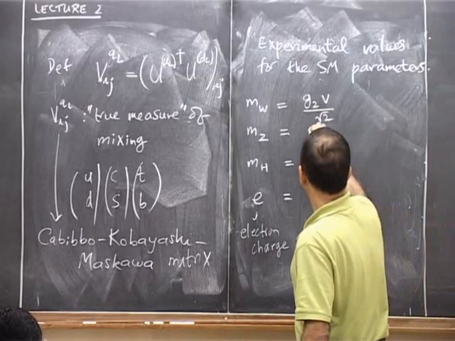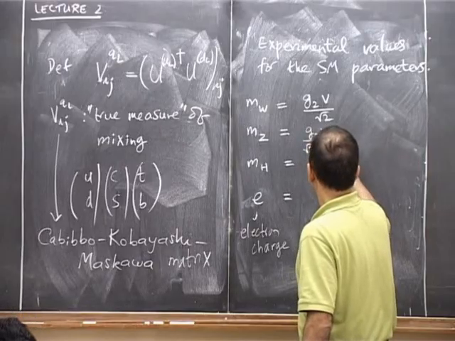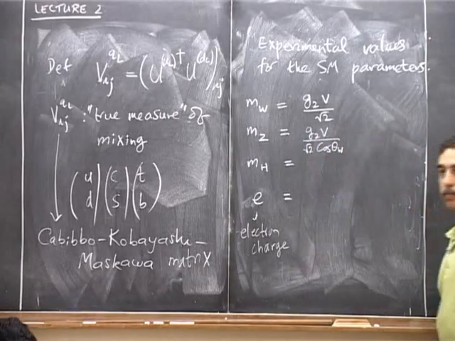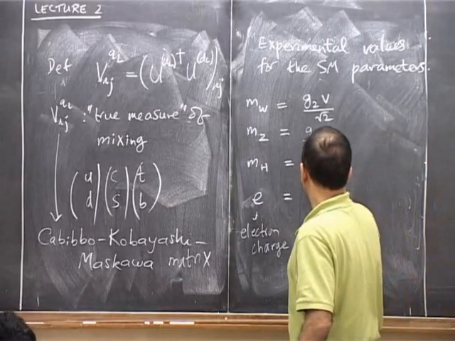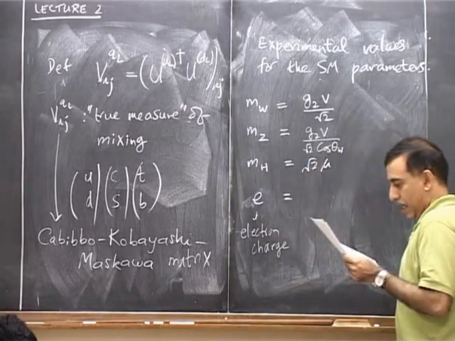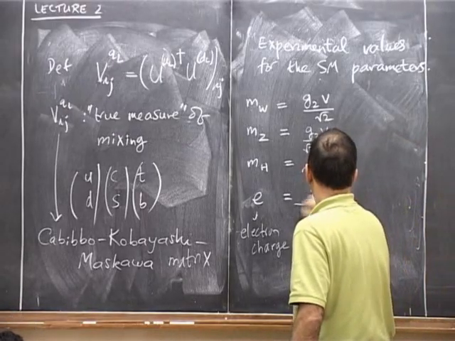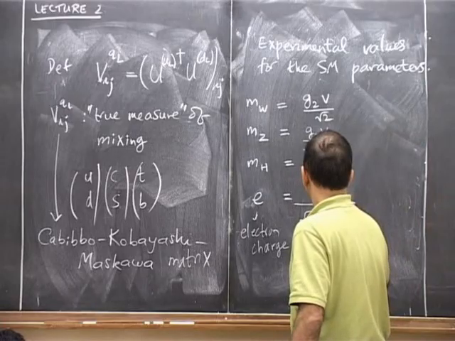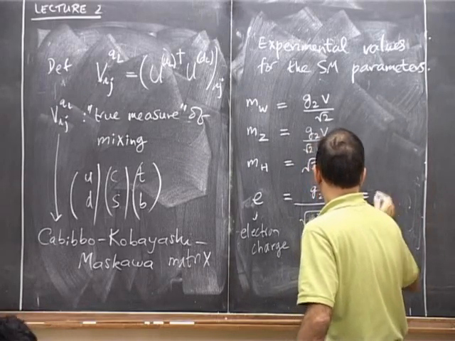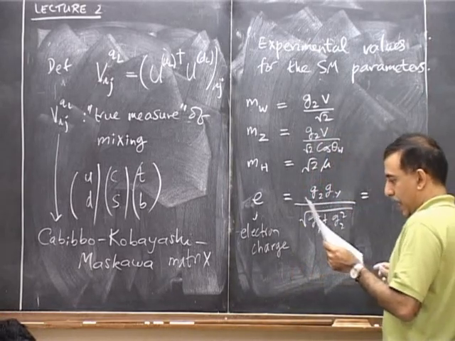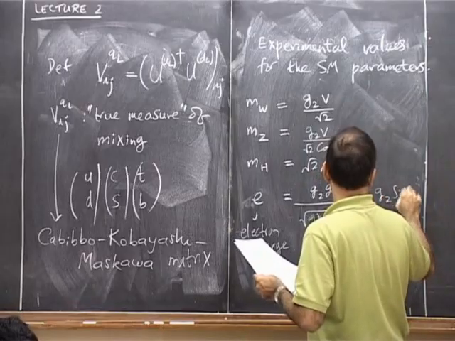But that's the same as G2V over root 2 times cos theta W. Okay. The Higgs mass we did today, it's root 2 mu. And the electric charge of the standard model is G2 times Gy over root G2 squared plus Gy squared, and that's the same as G2